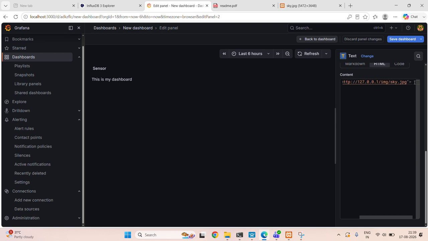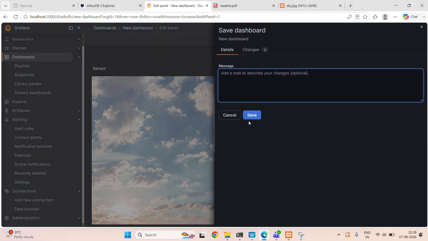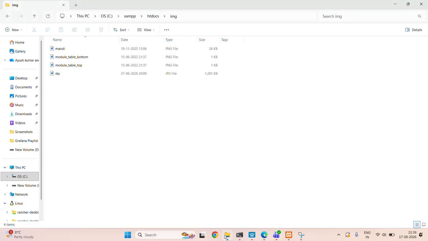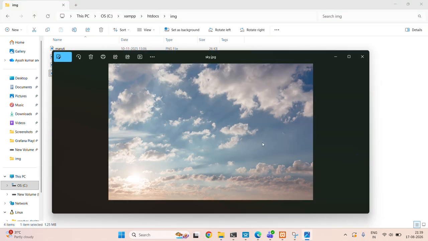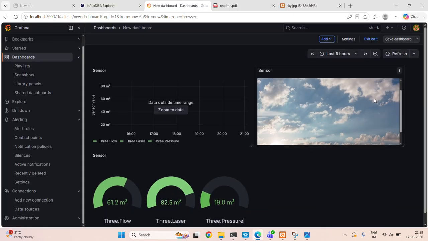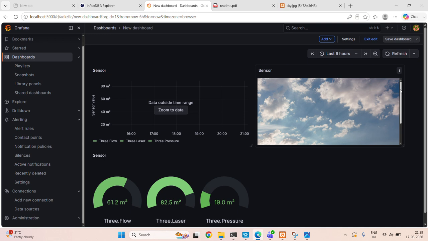Close the bracket and save. So now you can see the same image displaying on the dashboard. So these are the two uses of the text visualization, and there are many more which